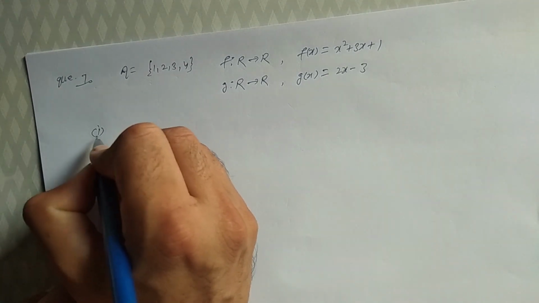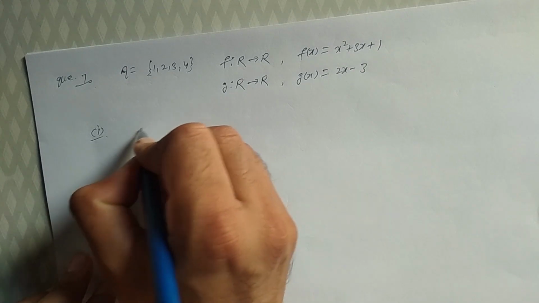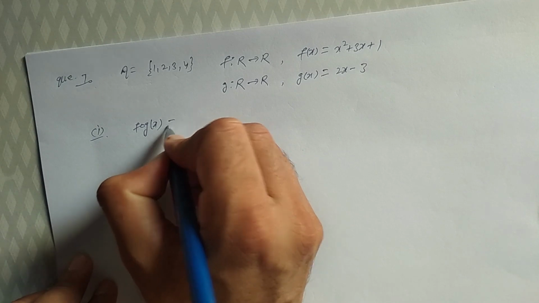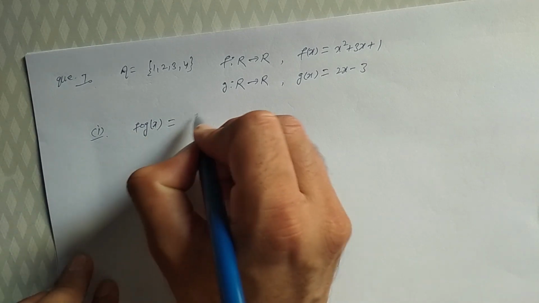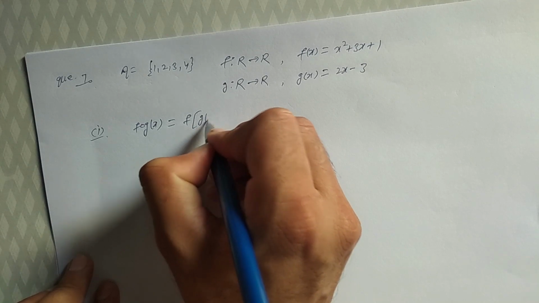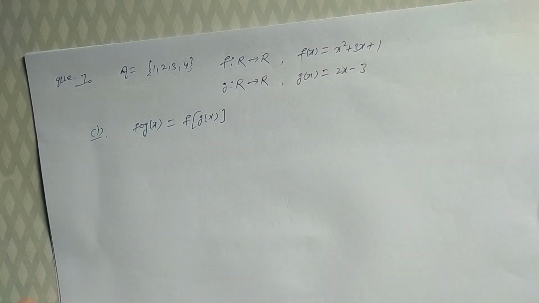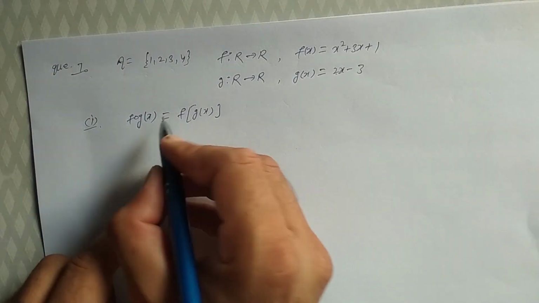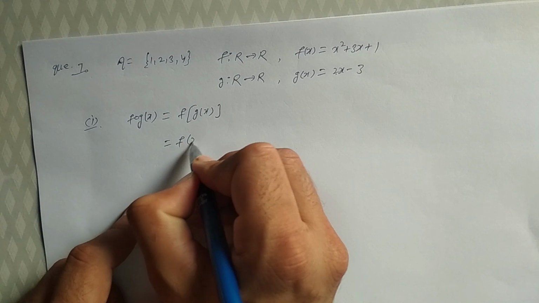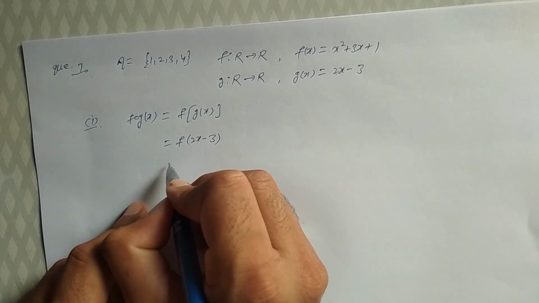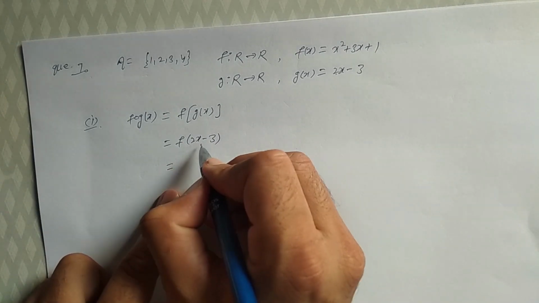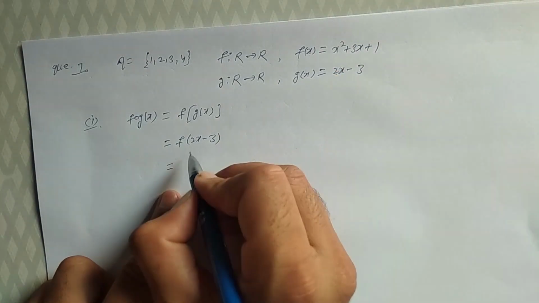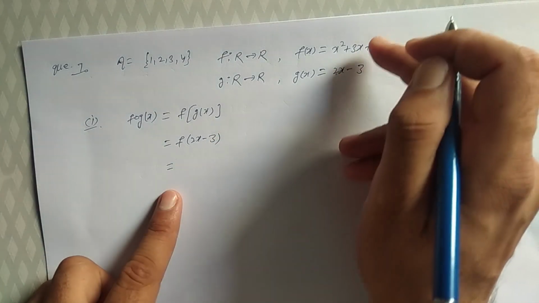First part, fog(x) is equal to f(g(x)). Putting the value of g(x), f(2x minus 3) is equal to f(2x minus 3), and f(x) means x is replaced by 2x minus 3. Putting the value of f(x),